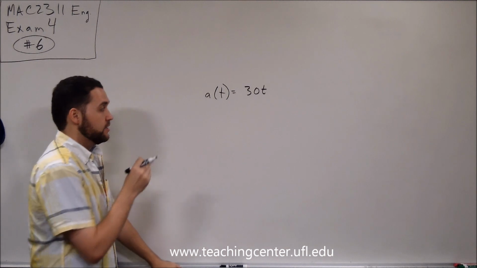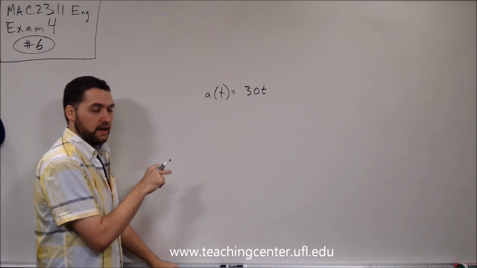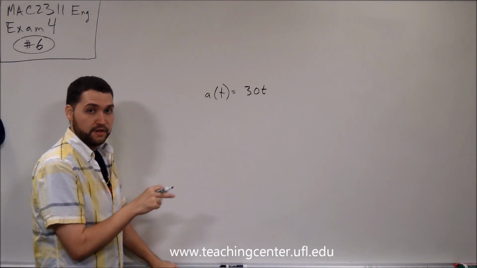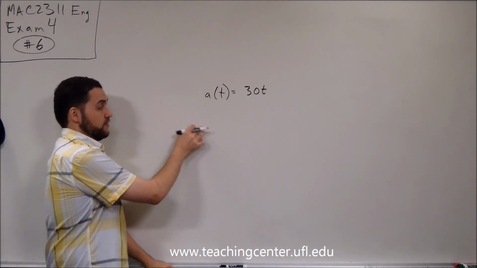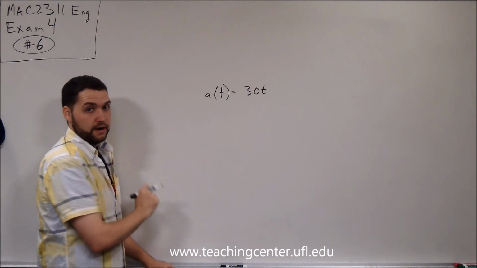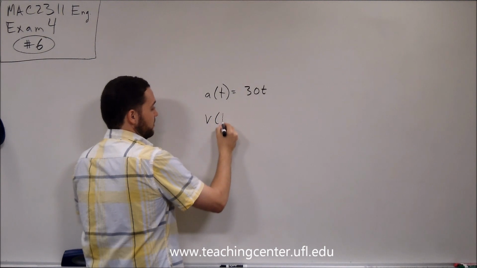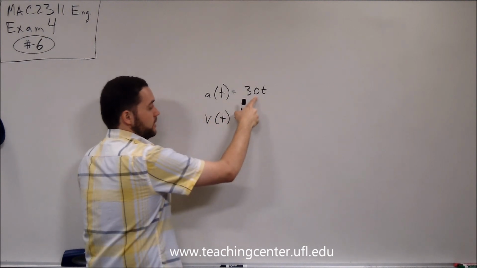So that means we have to integrate this twice. If you integrate acceleration, it gets you down to velocity. If you integrate velocity, it gets you down to your position. Just think of it as the rungs on the ladder. You take a step up if you derive and take a step down if you integrate. So if we want to integrate this to get our velocity function, the integral of this,